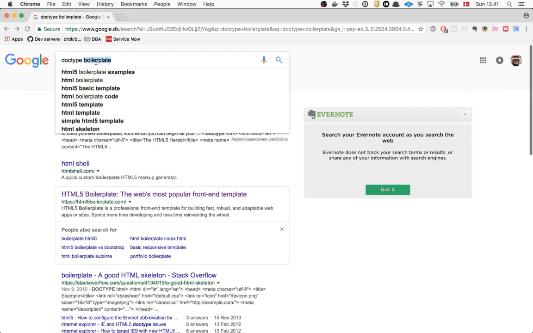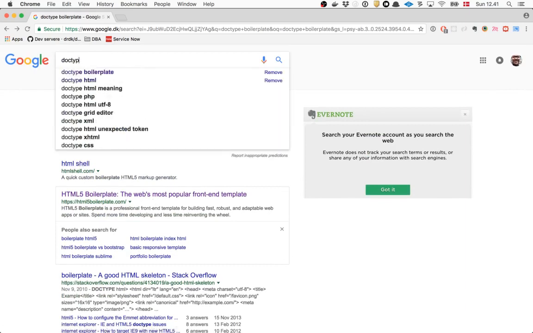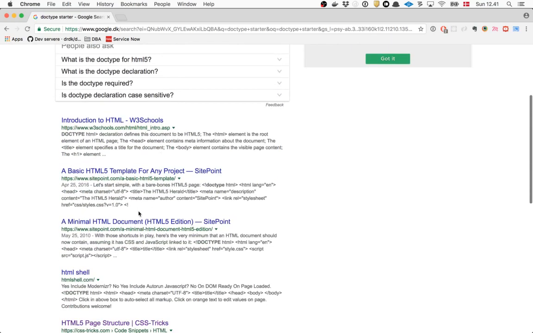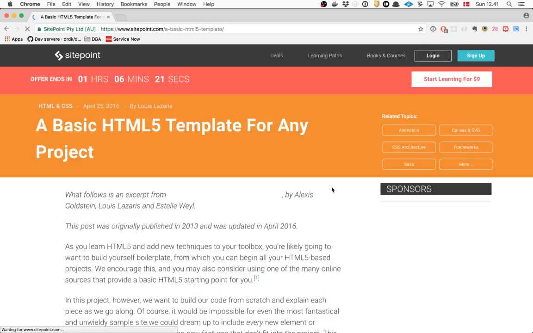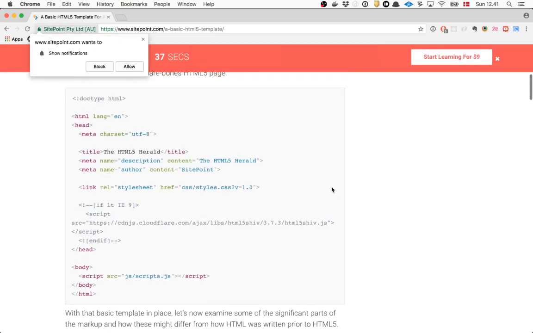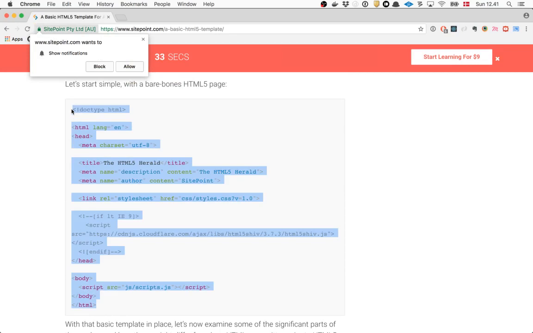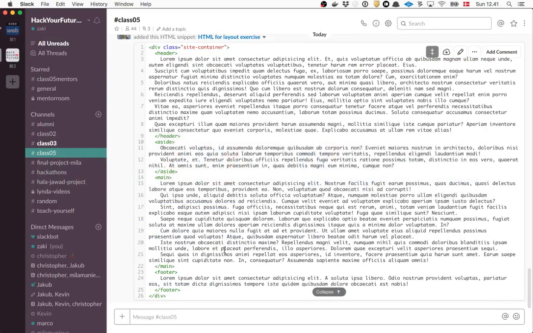That's annoying. Doctype starter. Yeah, that looks right. I'm just gonna throw that on Slack for you as well.